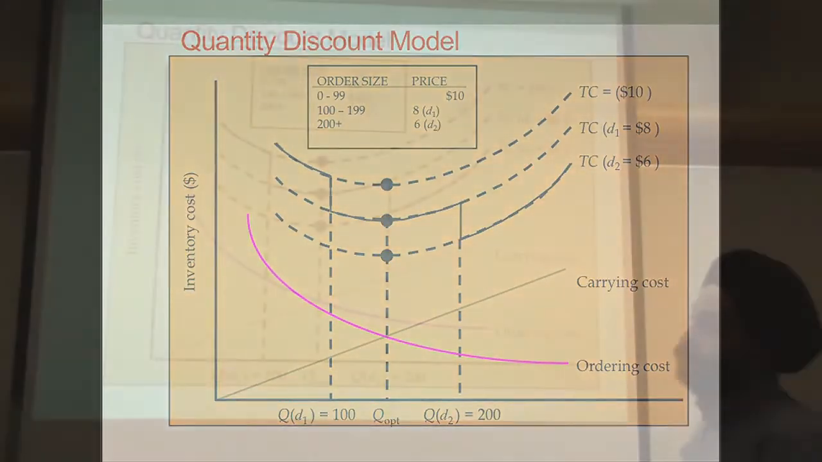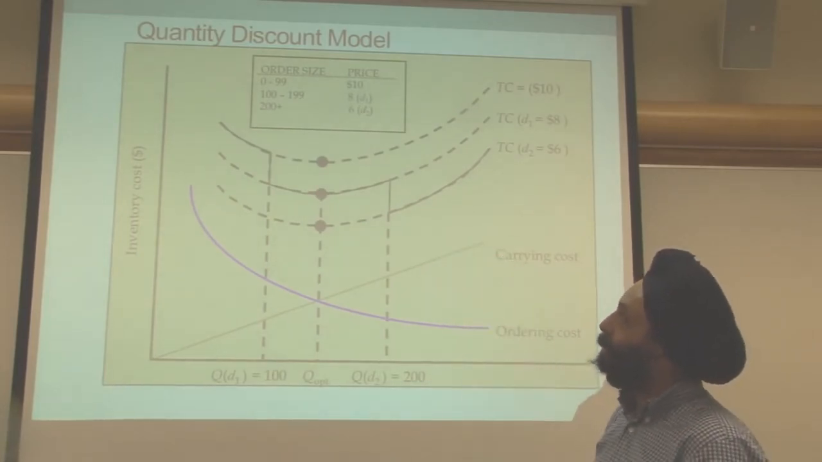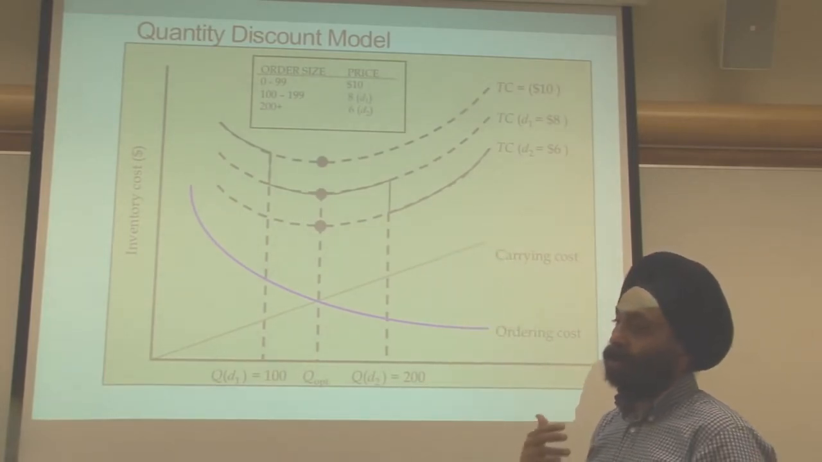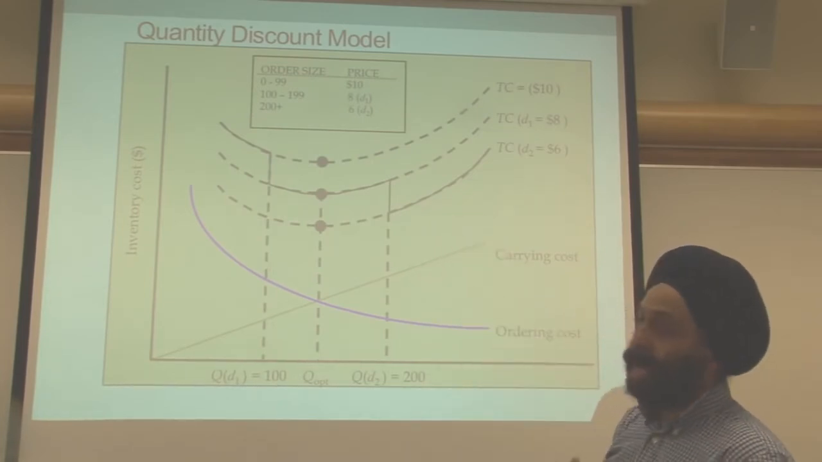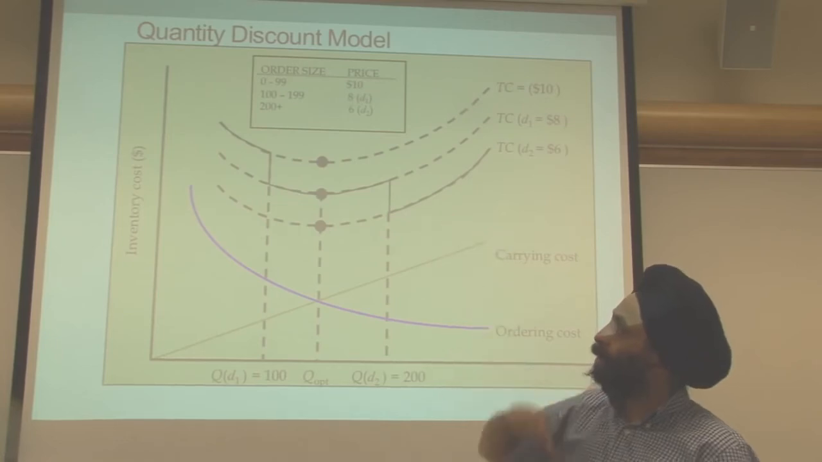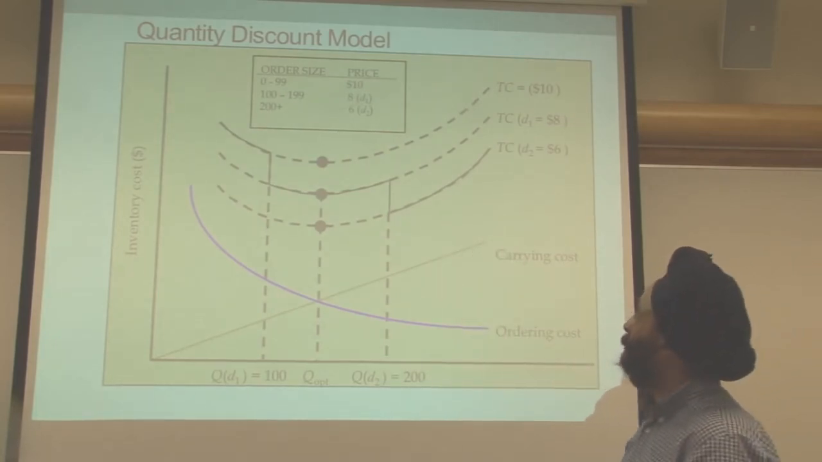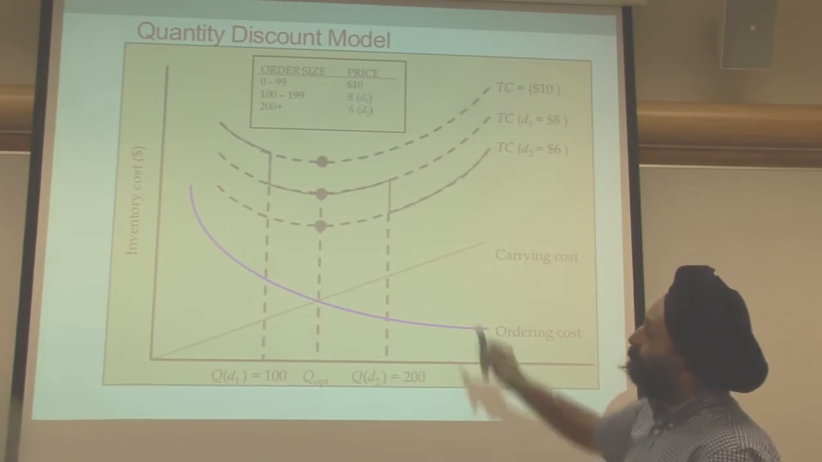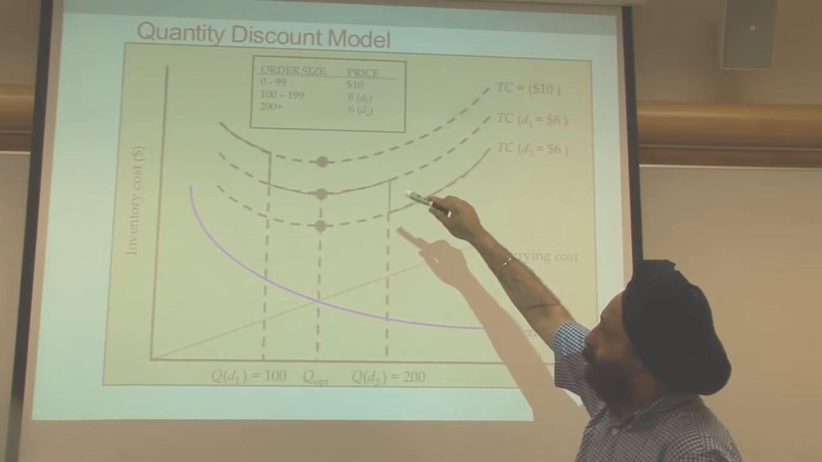But if you were to order a minimum of 100 units, you pay $8 per unit. And if you are able to order between 100 and 199, that's the price you pay. And if you manage 200 a unit, you end up getting a $6 per unit price. So in that case, if you were to plug in these three data points and calculate the total cost model,